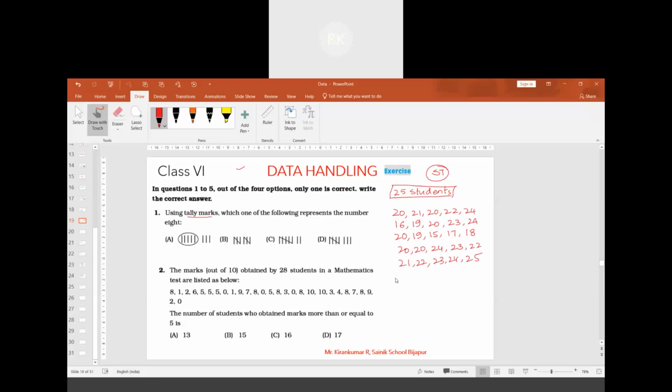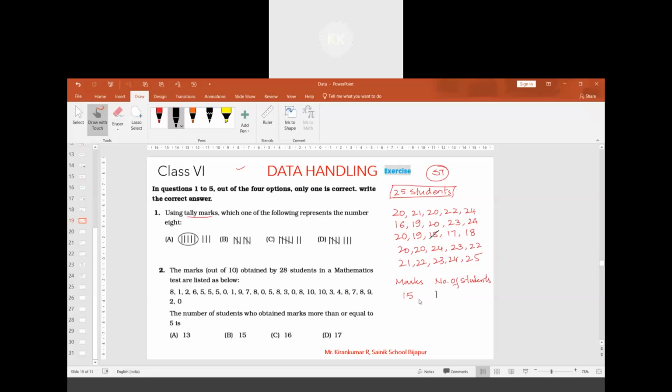If I want to show how many of these there are in a table format, I am going to write the marks and the number of students, how many students have scored each mark. If I write 15 here, you see the first row, 15 is not there, second row, 15 is not there, in the third row there is 15. I will strike this and mark it as 1.